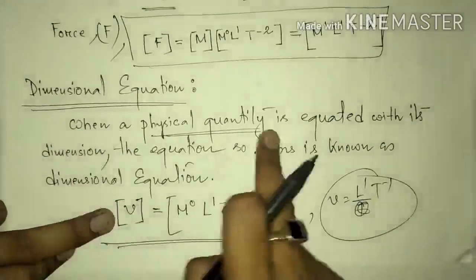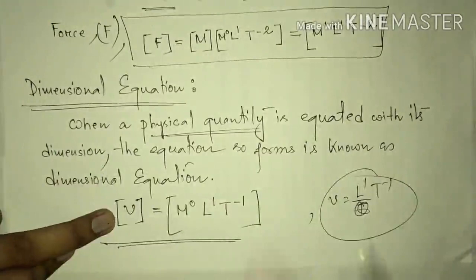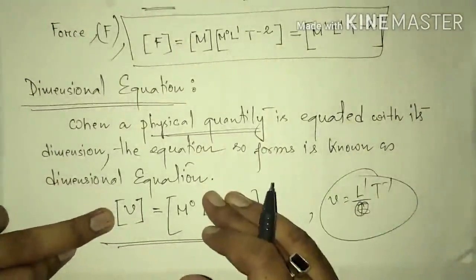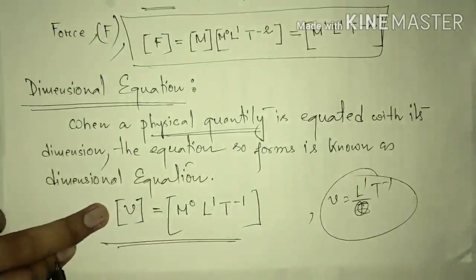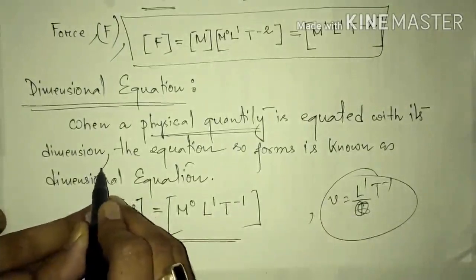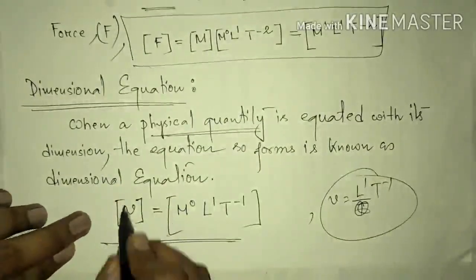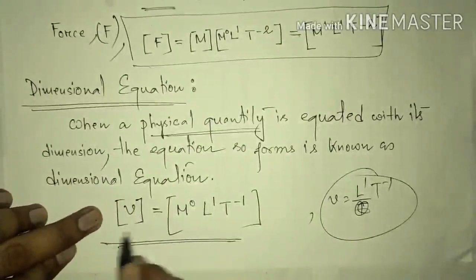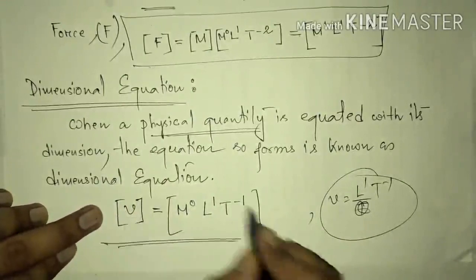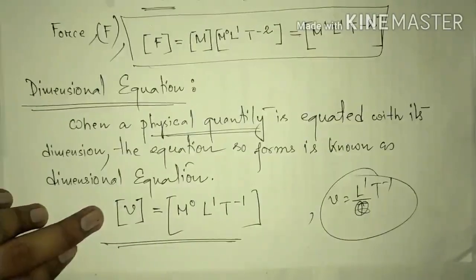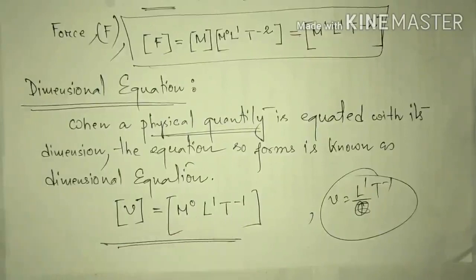I can say, in a modified way, when a physical quantity is equated with its dimension, or when the dimensional symbol of a physical quantity is equated with its dimension, then the resulting equation is called a dimensional equation. Fine. Now let us try to